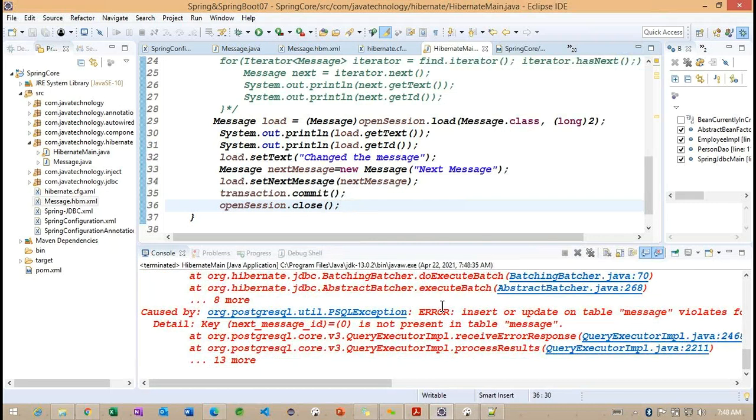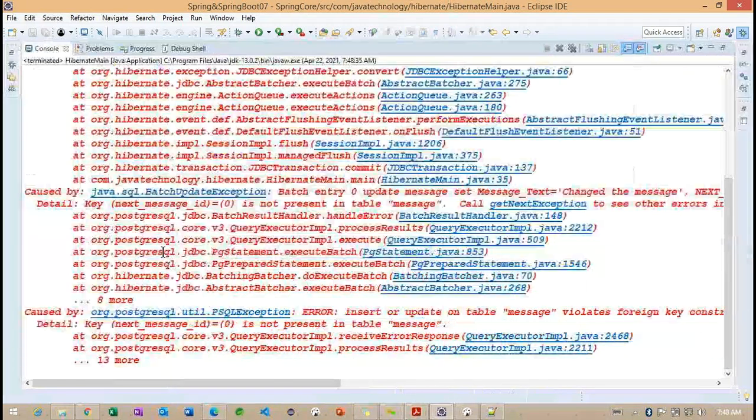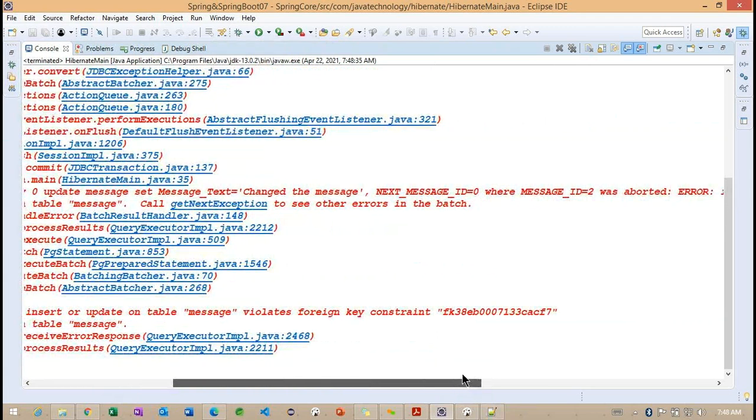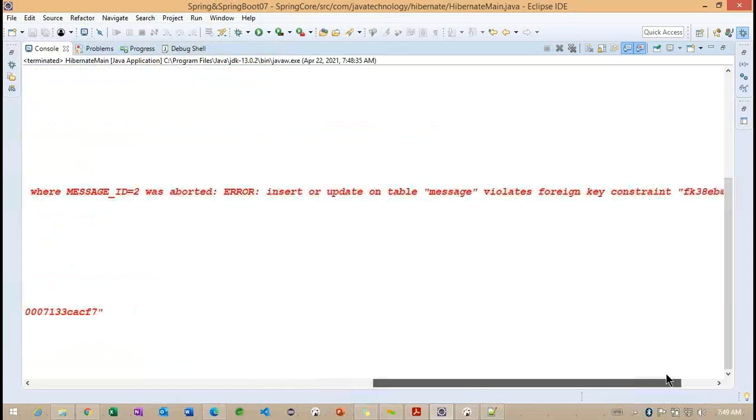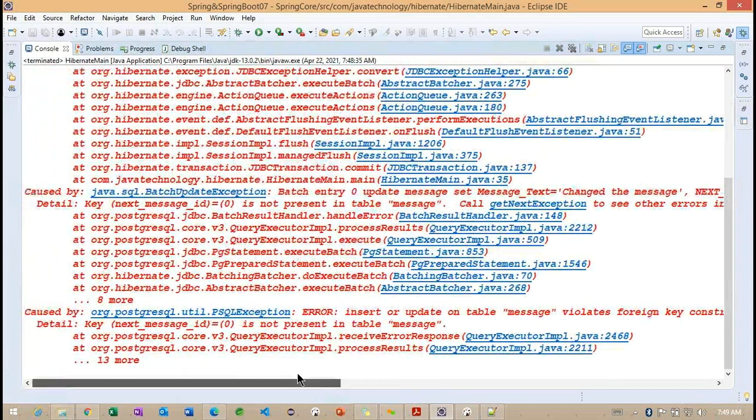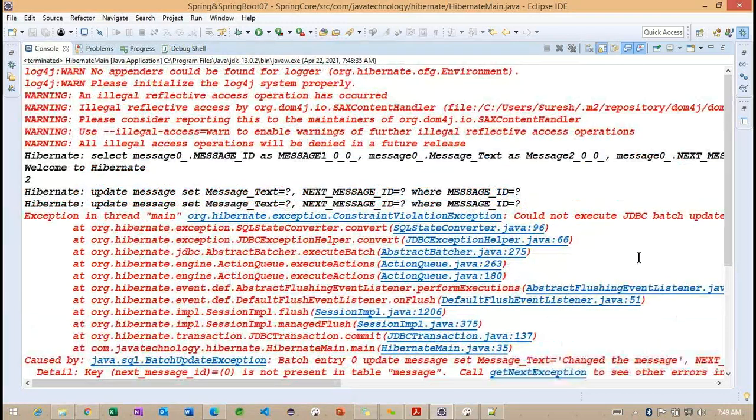We need to see a select query. Oh, we are getting a violation: insert or update on the table message violates foreign key constraint. Why? What are we expecting?